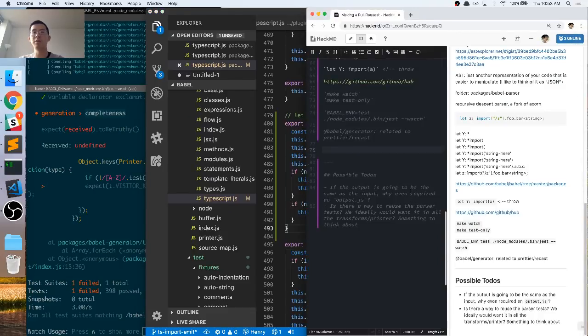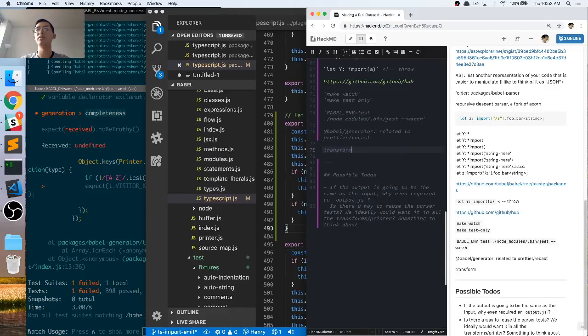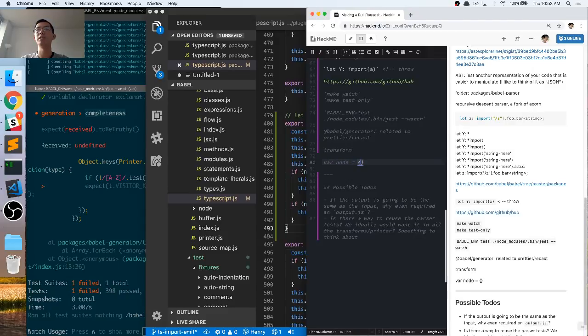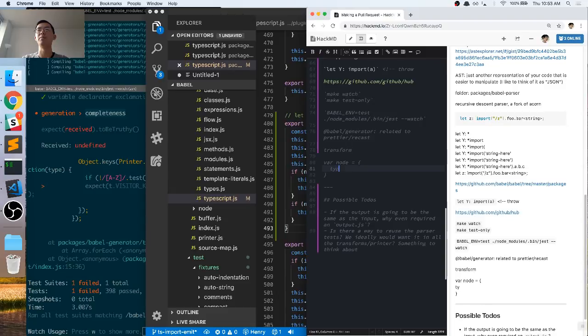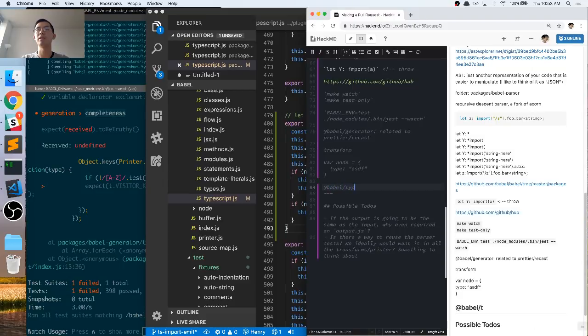Okay, so when you're making a transform, like a plugin, you might need to insert new AST nodes, and you could do that manually. Literally, you could just do var node equals an object, and then you do type whatever, and then all the properties, one by one. But we also have these helper type things, and that's in the Babel types package, which